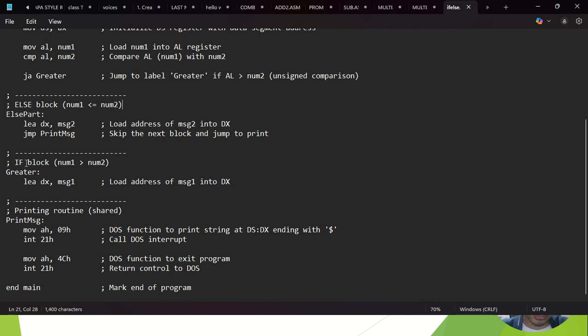And we have here another if block. Okay, this is again just a comment. Greater: lea DX, message1, load the address of message 1 into DX. Then the print routine. So print message, mov AH, 09h. This would be the DOS function to print a string at DS:DX,